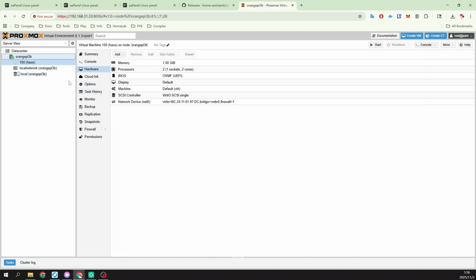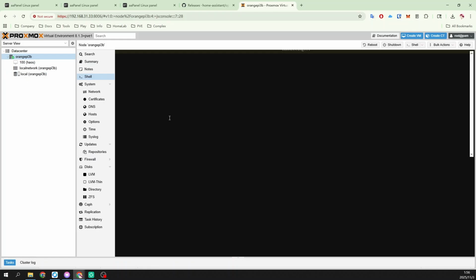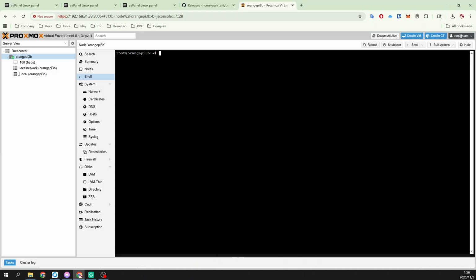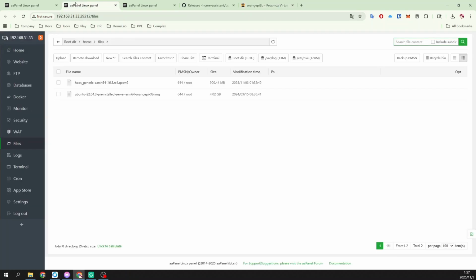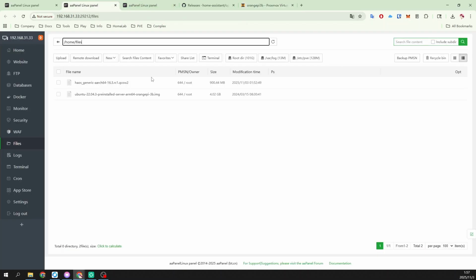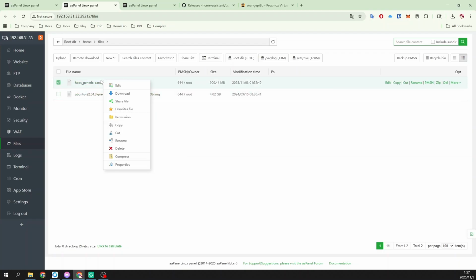Then we enter our Shell endpoint. Take the file we just had and give this virtual machine with serial number 100. Let's import it. First of all, the command looks like this. This is the serial number of our virtual machine. Find the address of the file we just had. And our file name. It's not this, it's this.